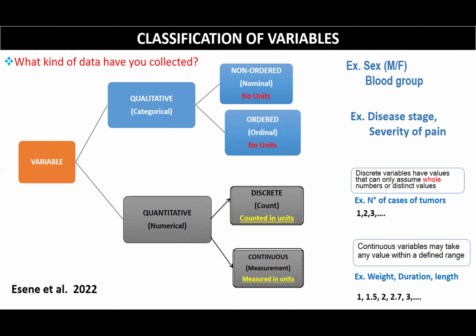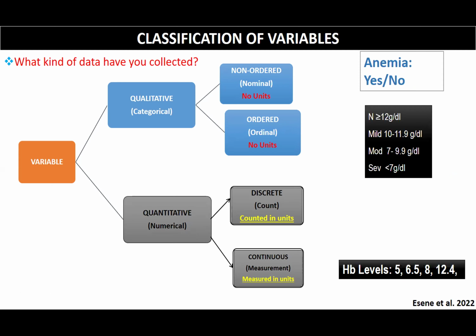So when we're collecting data for research, we prefer to have data in the form of continuous or discrete variables, because many statistical tests can be done to obtain as much information as possible from the data collected. So we say data can be non-ordered, ordered, discrete, or continuous. Sometimes we have continuous data, we can recategorize it to be non-ordered or ordered. For example, if you collect data, say the hemoglobin level, 5, 6.5, 7, 8, 9, we can decide to recategorize it as mild, moderate, severe. Okay, so the data which was initially continuous becomes ordered.